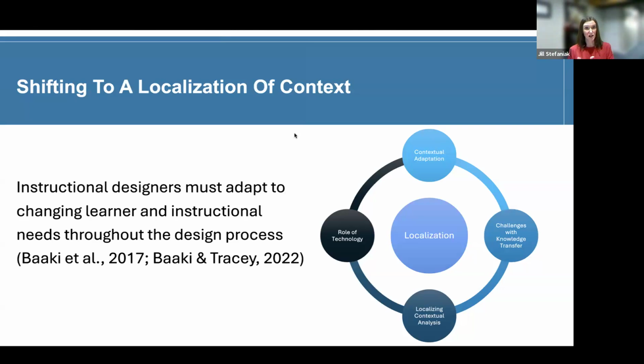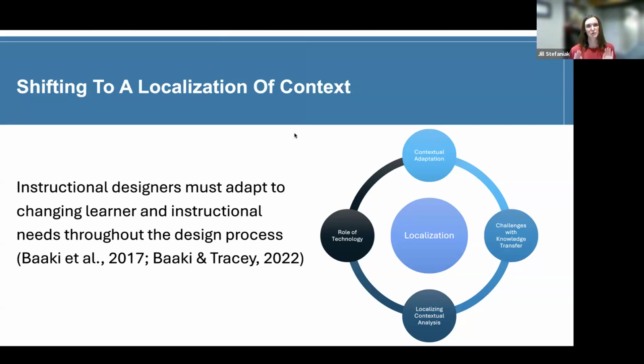How is that designer making those necessary adjustments and pivoting along the way as more information becomes available? And so it kind of changes the way in which we look at the orienting, instructional, and transfer context literature. I think in some ways, sometimes I feel like there's some distance between the learner